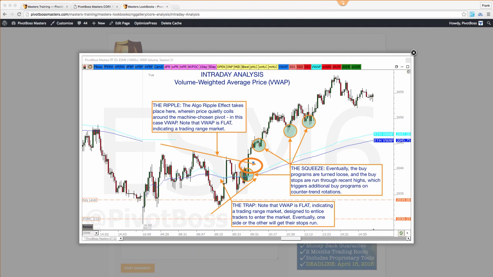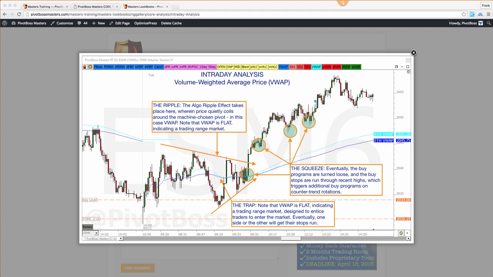And this squeeze right here, this is where the stops come out. Major squeeze comes out of there. A big buy imbalance comes up here. Or sorry, a big imbalance. I don't know if it's a buy imbalance. If that's a sell imbalance, it's perfect, because then if those sellers don't get paid, then they can help fuel this. If it's a buy imbalance, you've got to be careful. But anytime you squeeze out of a ripple effect like this and push through recent highs, you're usually going to see a confirmed move in that direction.